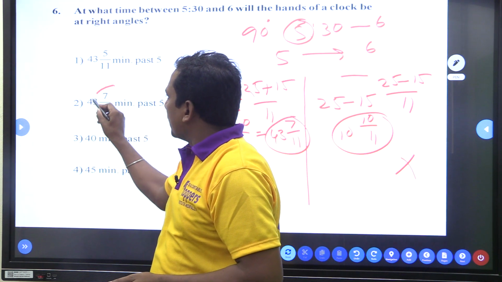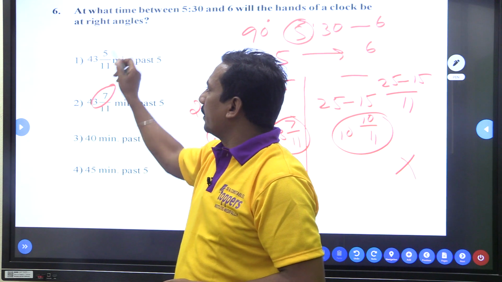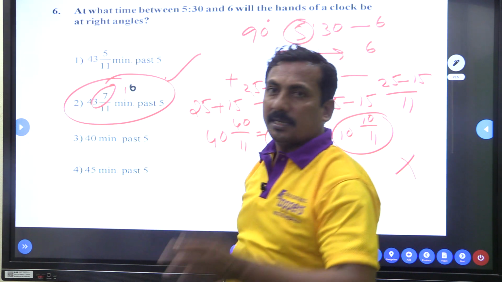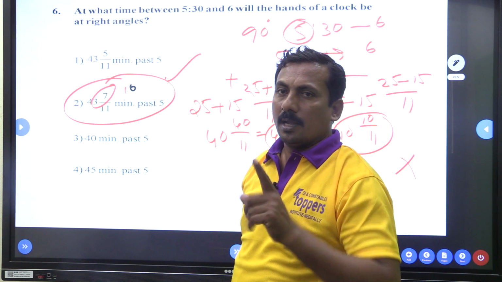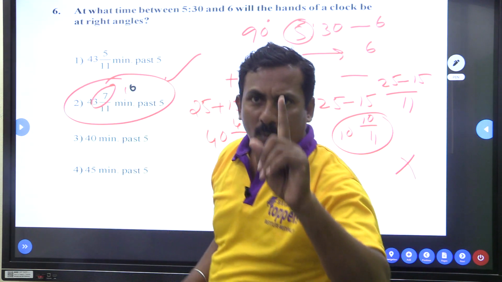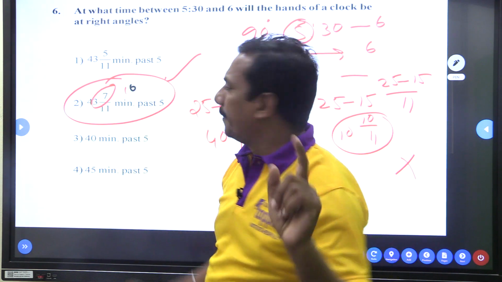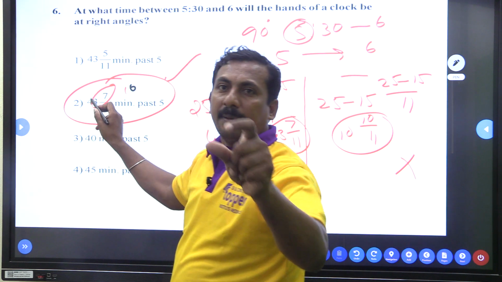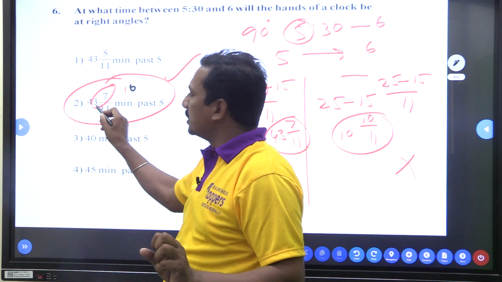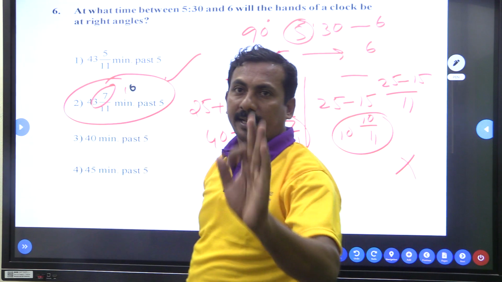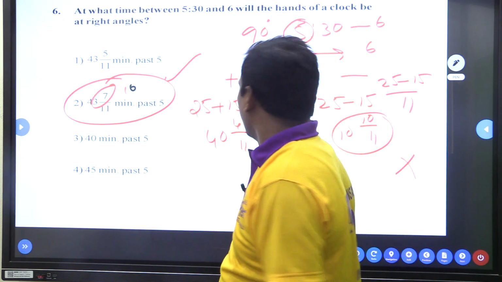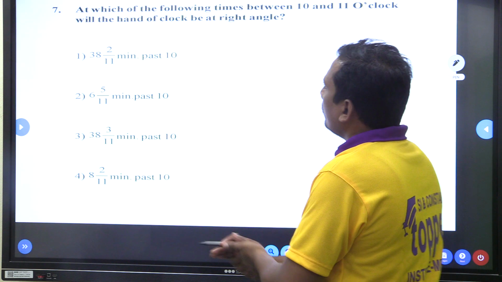So 3 plus 7, how much? 10. The remaining parts do not sum to 10. That's why this is the right answer. We can say this type of answer directly. I hope you understand. Here only one thing, sir: look at the whole number and the numerator. If the whole number has two digits, choose the ones place value. If their sum equals 10, then it is the right answer. I hope you understand. Right, next question.